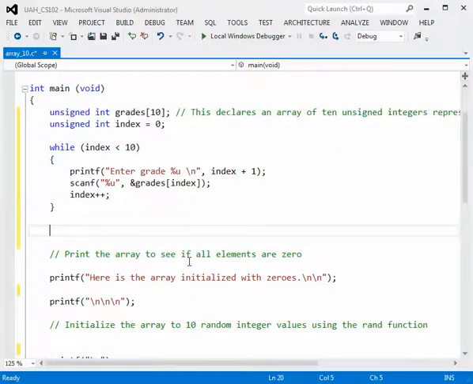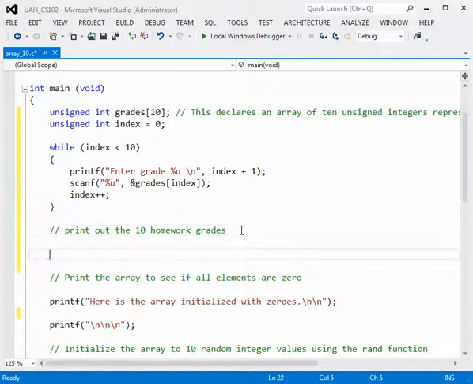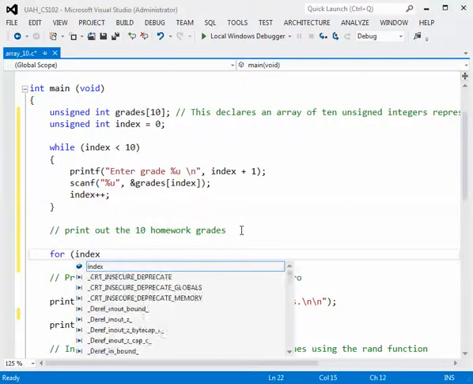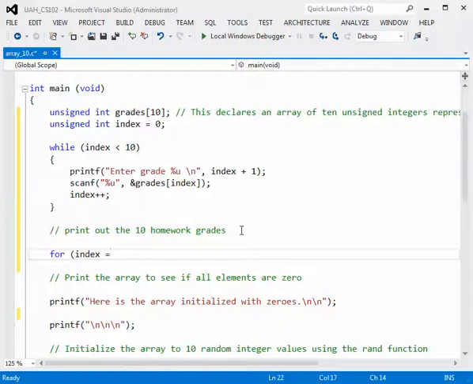Okay, so let's do that, and right after this loop, let's print out those values too. Okay, so let's say print out the 10 homework grades. Let me fix my spelling again. So we're going to print out the 10 homework grades, and we'll just use a little for loop for that. So let's do for, index is going to be equal to 0, semicolon, index less than 10, semicolon, index plus plus,